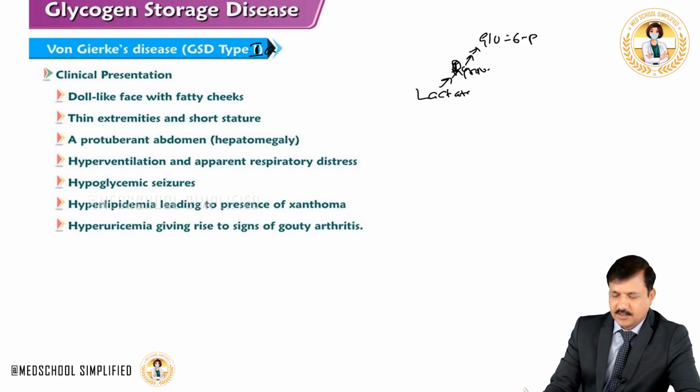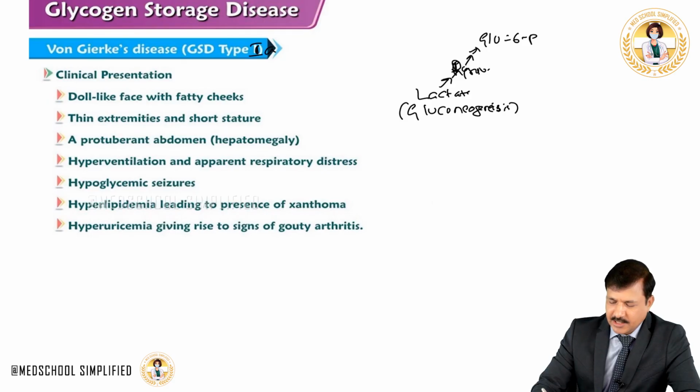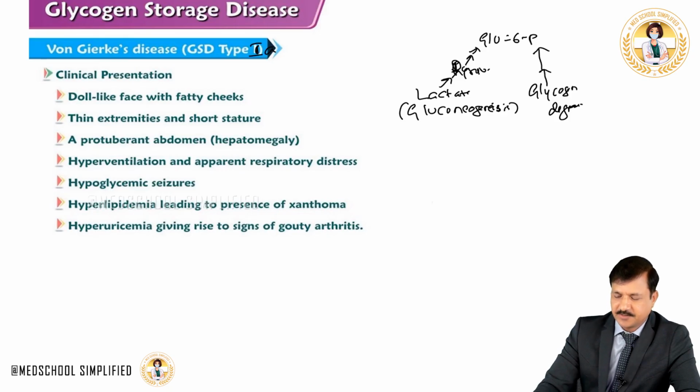That's where the defect in the glucose 6-phosphatase enzyme is. That's from the gluconeogenesis side, gluconeogenesis making glucose. On the other side, glycogen degradation, where glycogen is breaking down into